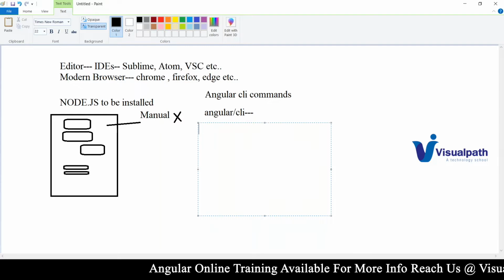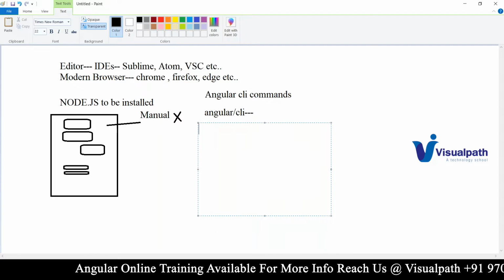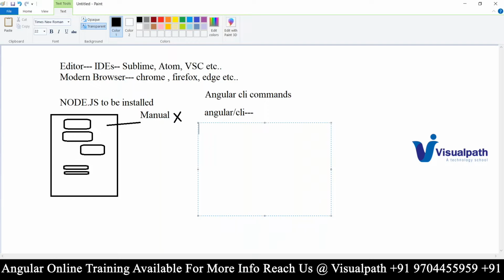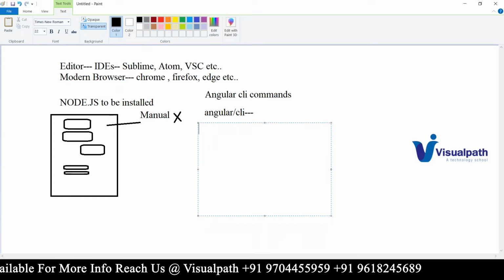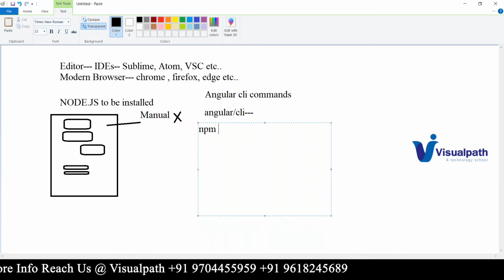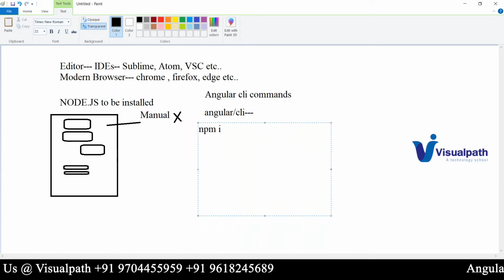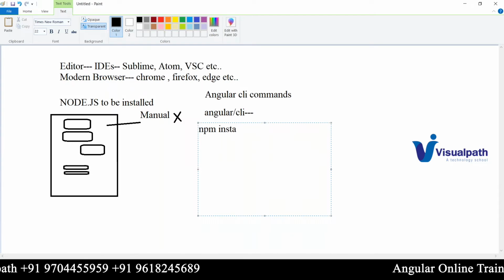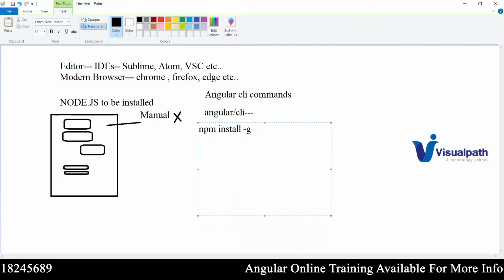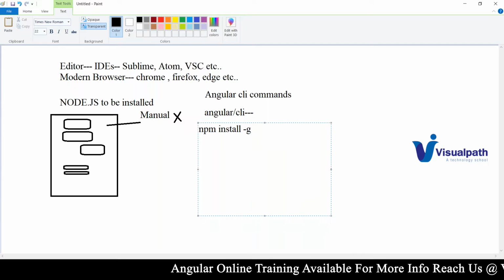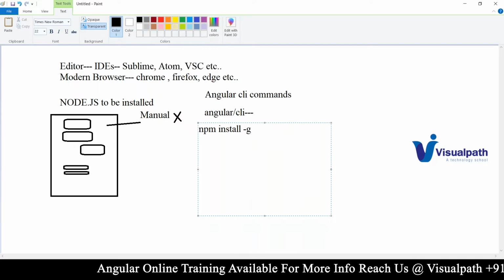So other than that, the supported package will be there at the back end. But Angular CLI is the one which we will be installing with respect to Angular. To install that, we have to use a command called npm. You can indicate i for install: npm install -g. -g indicates globally. That is, in whichever